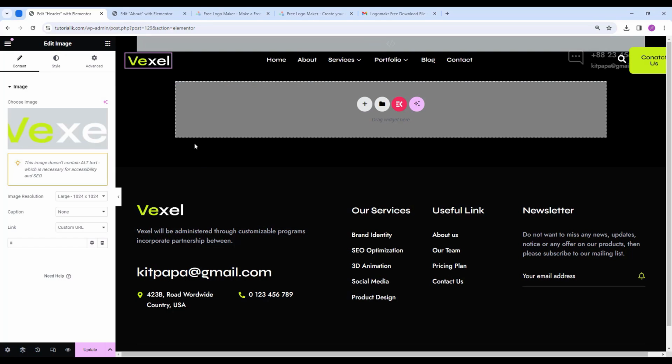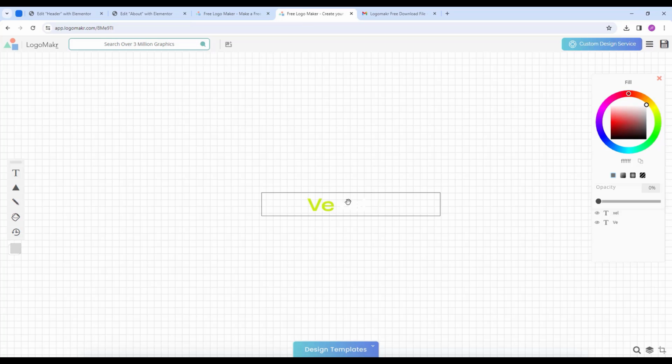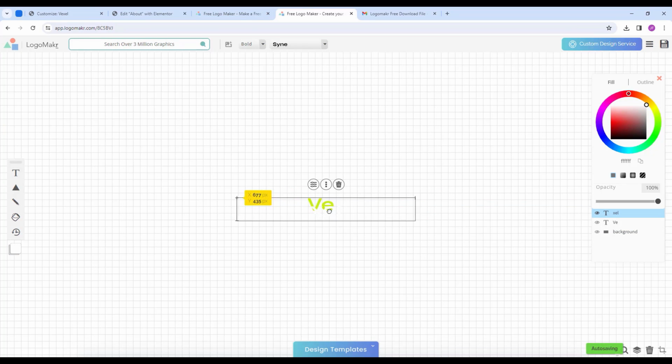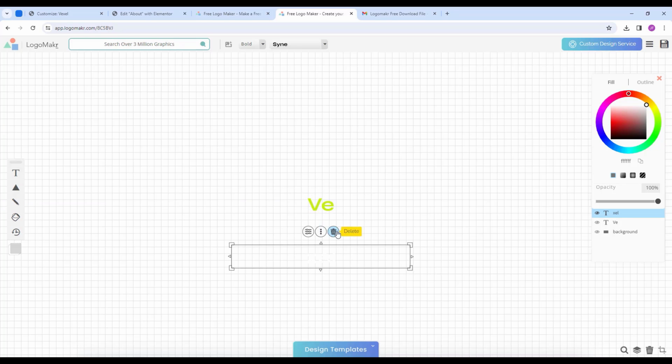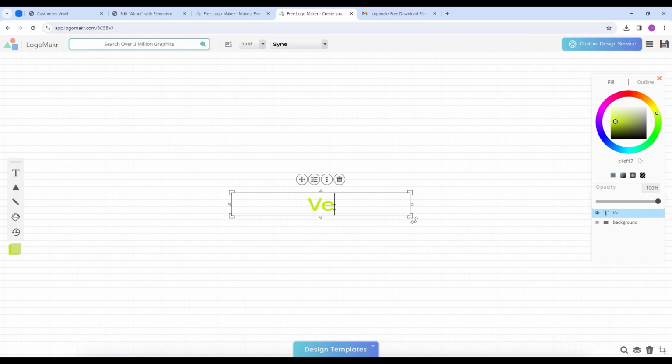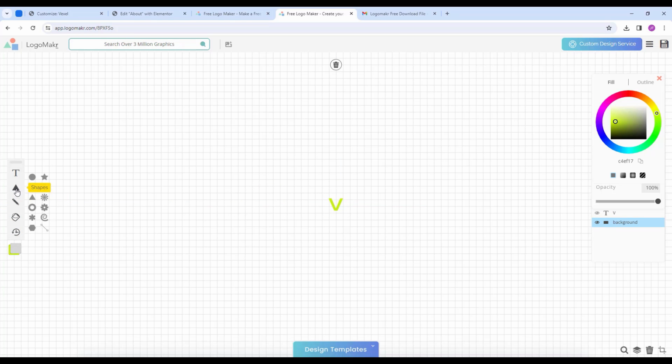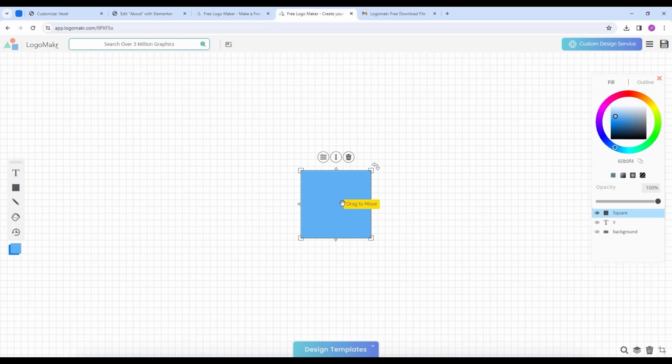So now I'm gonna show you how you can make favicon and set the favicon on your website. So let's go back to our logo maker. From here, let's make a simple fav. Now from here, let's delete this white text, and from here let's make it V. Now let's make it center. Then from here, let's add a shape. Let's add the square shape,